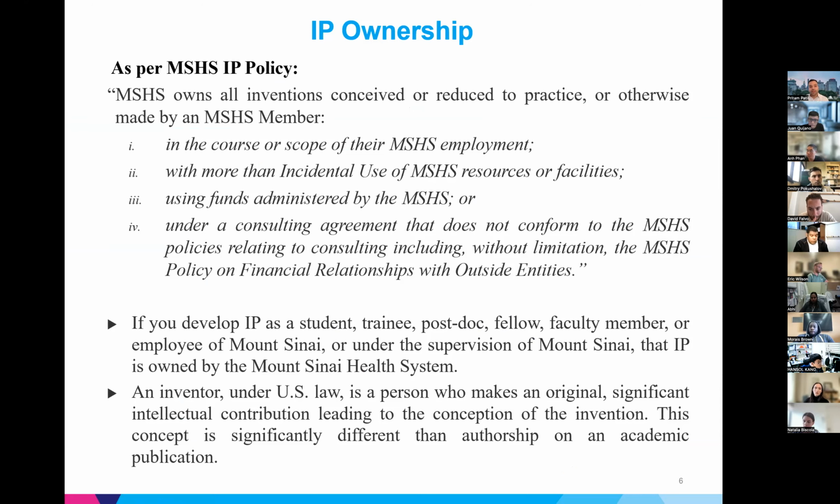Essentially, this is just an excerpt from the IP policy. I just wanted to bring it up to this group and familiarize you all with this. Mount Sinai Health System owns all inventions conceived or reduced to practice by Mount Sinai Health System members. This is pretty much standard across the industry. Then there are certain criteria: it has to be in the course and scope of their employment here at Mount Sinai Health System. It could be more than incidental use of the resources or facilities of the system, or funds from the system, or, and this last one is quite interesting and important too,